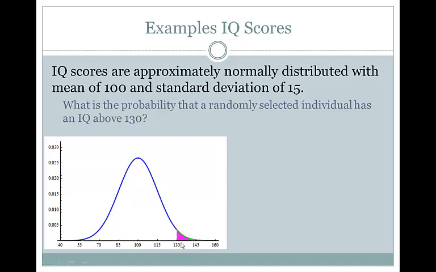If we want to find this region, we need to use the fact that the total area under the curve for any probability distribution is 1. So when we find this area, we're going to subtract that value from 1 to get the area of the small shaded region. Again, we'll calculate the z-score for 130, which is 2. And if we look 2 up in the normal table,